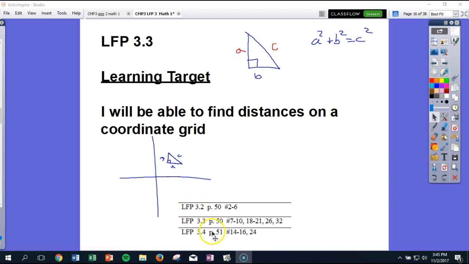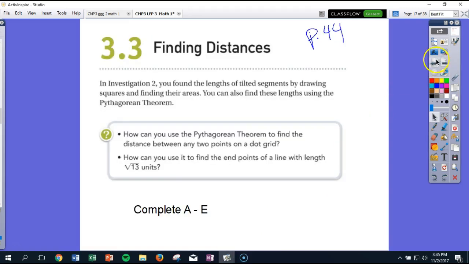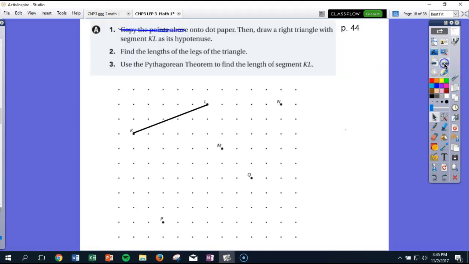3.3 ACES is 7 through 10 and 18 through 21, 26, and 32. So it tells us that investigation 2, which we're dealing with on page 44 here, found the lengths of tilted segments by drawing squares and finding their areas. You can also find these lengths using the Pythagorean theorem. I want you to do parts A through E. Go ahead and read through these questions, ponder them,